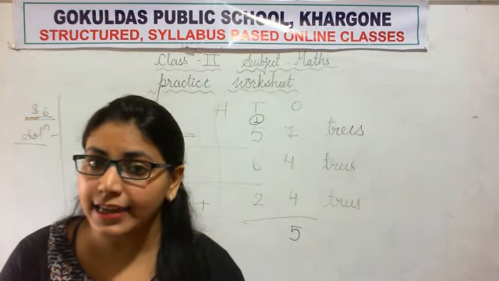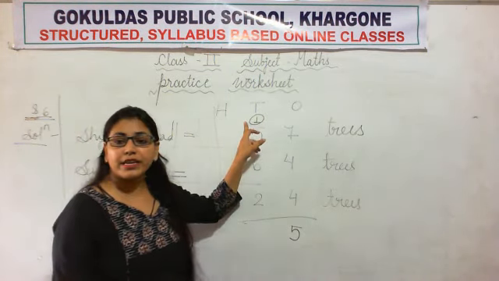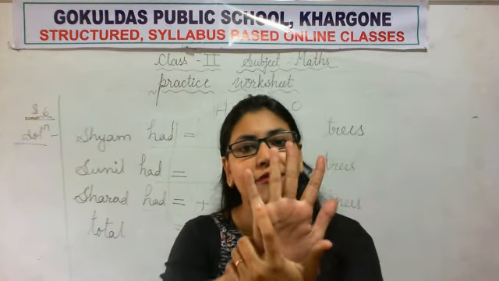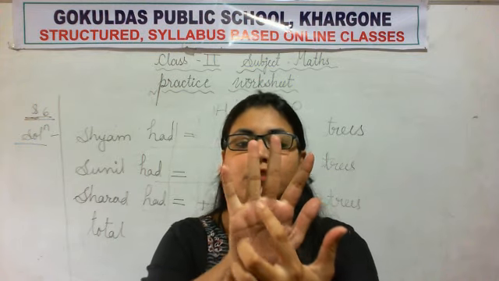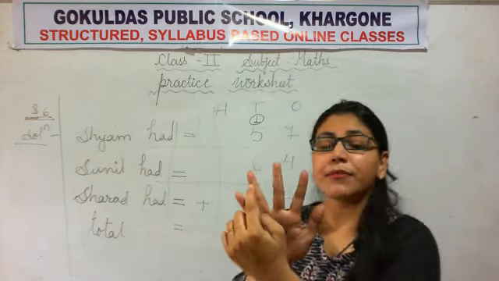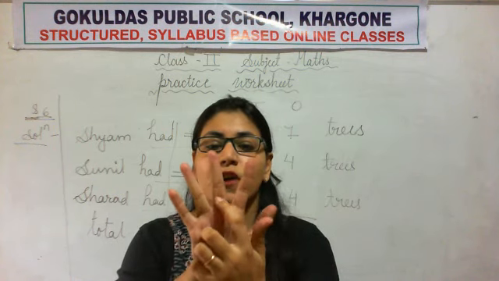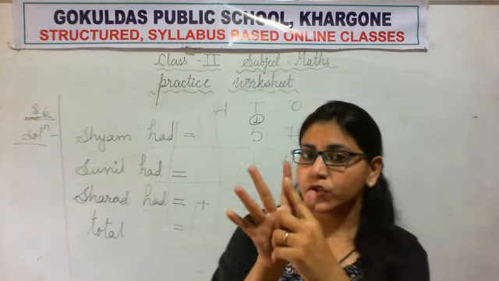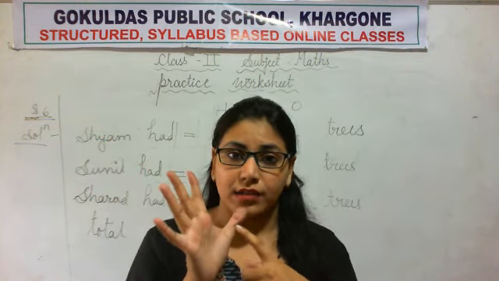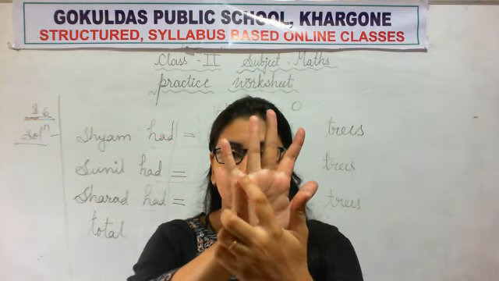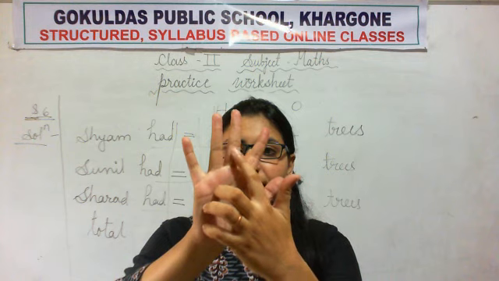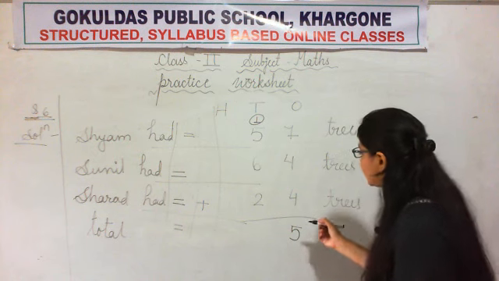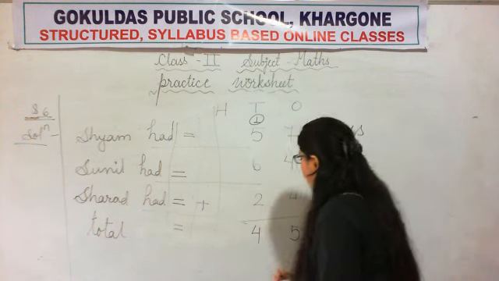Now again start counting. First number is 1, so we will count 1 finger mark. Now the second number is 5, so we will count 5 finger marks. 1, 2, 3, 4, 5. The next number is now 6, so we will count 6 finger marks. 1, 2, 3, 4, 5, 6. Now the last number is 2, so we will count 1 and 2 finger marks. Now let's count how many. 1, 2, 3, 4, 5, 6, 7, 8, 9, 10, 11, 12, 13 and 14. Again we got a 2-digit answer, so again we will regroup the 14.